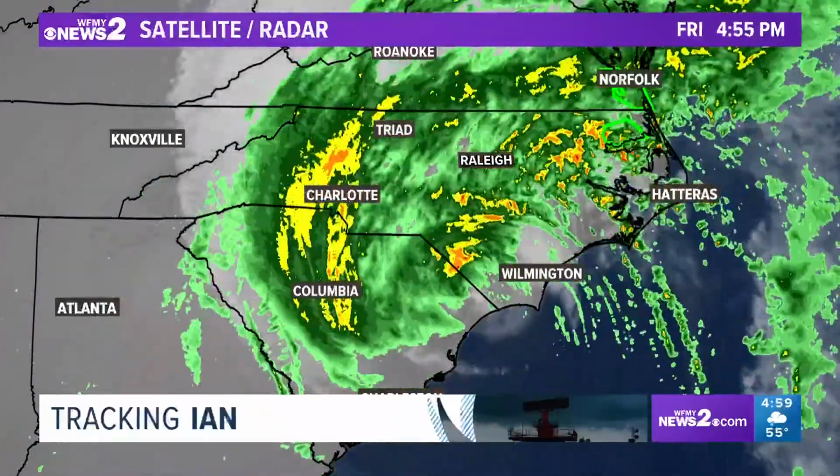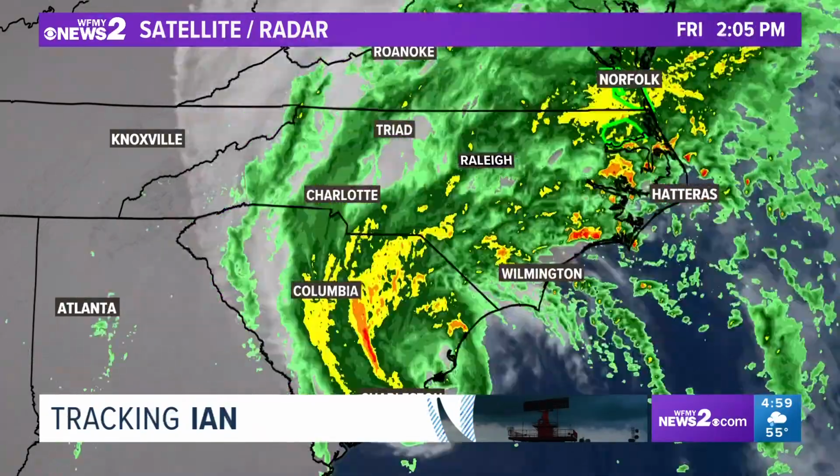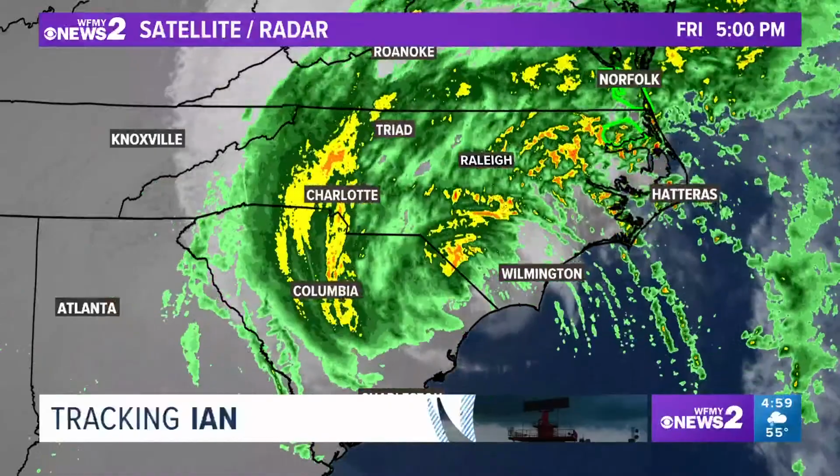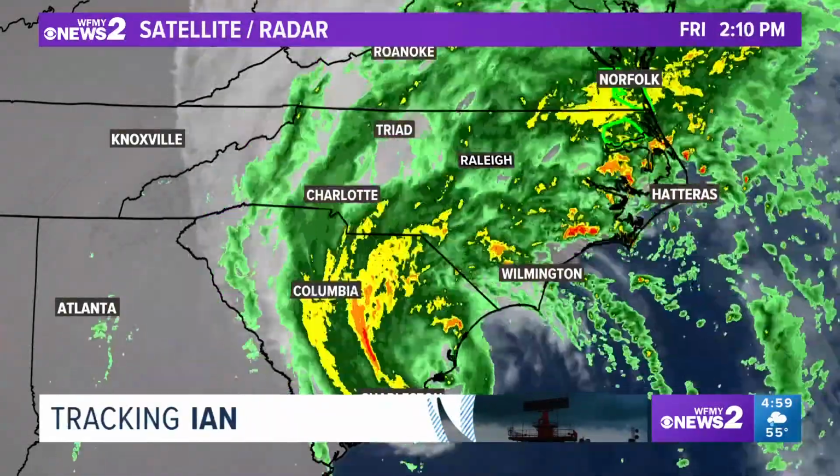Ian is back on shore after making landfall in South Carolina. The remnants heading our way. Winds and rain picking up. The worst expected over the next several hours. State of emergencies are in effect for Guilford County, Greensboro, and Winston-Salem as the Triad prepares for some nasty weather. Gusty winds